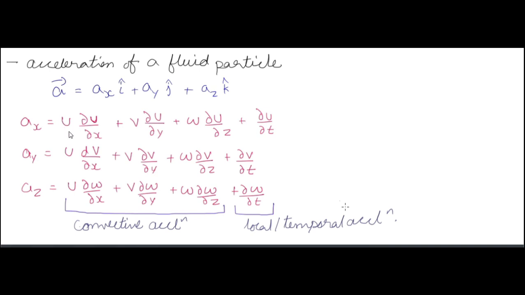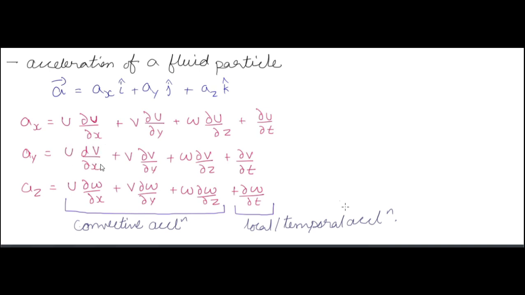So along the x direction, ax is equal to u dou u by dx plus v dou u by dy plus w dou u by dz plus dou u by dt. Similarly, ay is equal to u dou v by dx